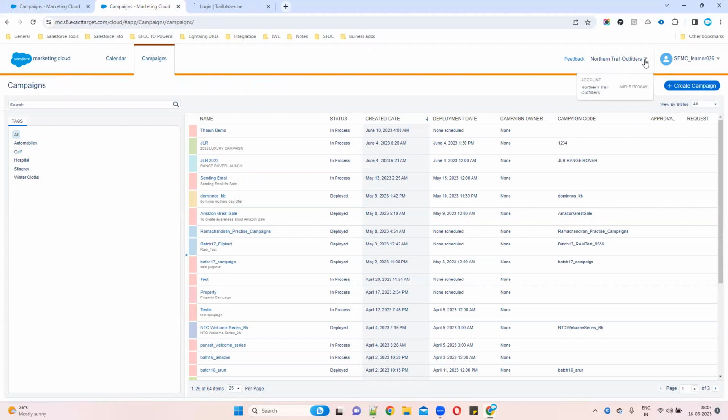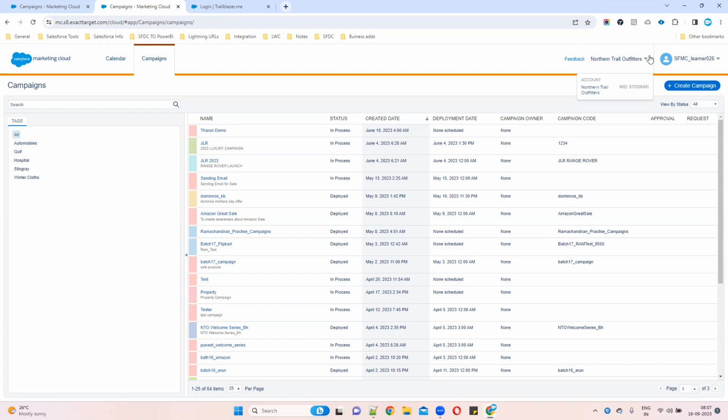Then we have something called business units, I told you just now, right? So here you can see the business unit. Currently, this is just for our practice, that's why we have only one business unit. If you buy Enterprise edition, you can use multiple business units. One is for insurance, one is for telecommunication, one is for something extra, etc. All those business units we can see here. If you click here you can see them.